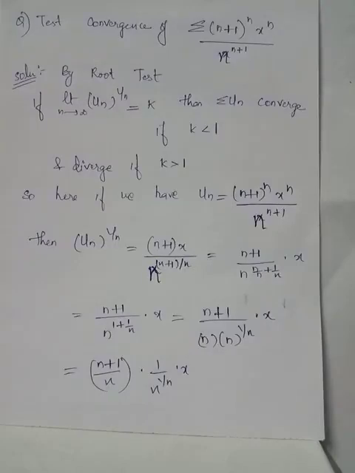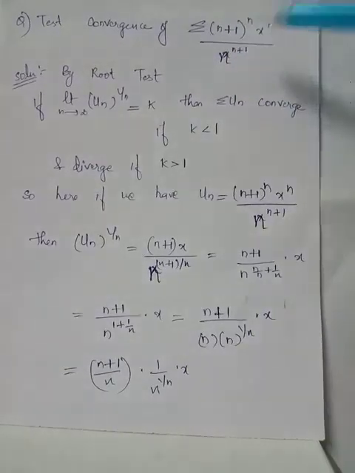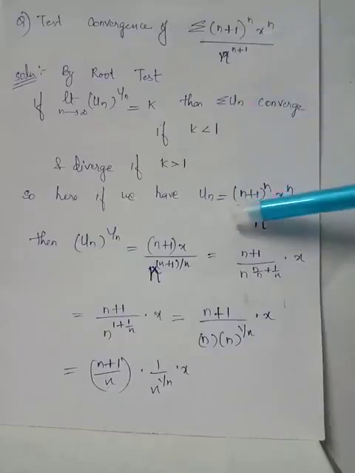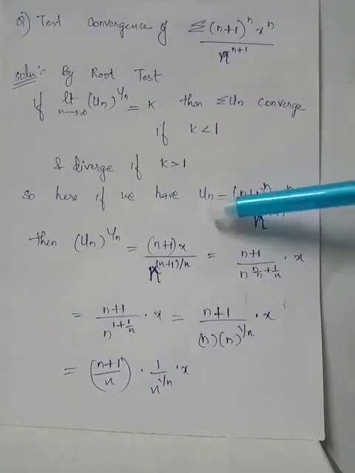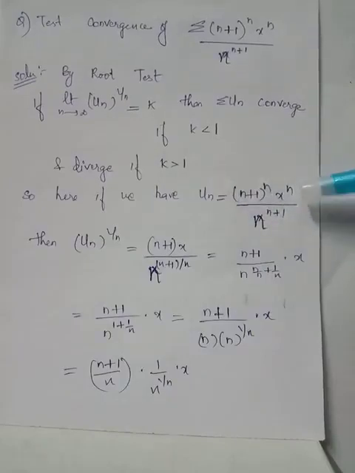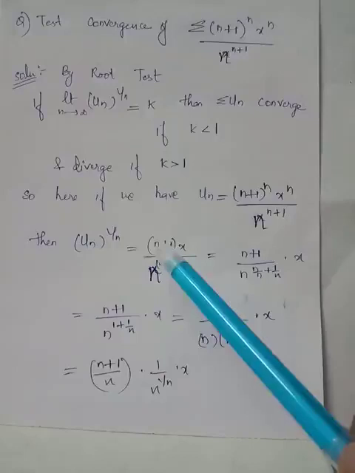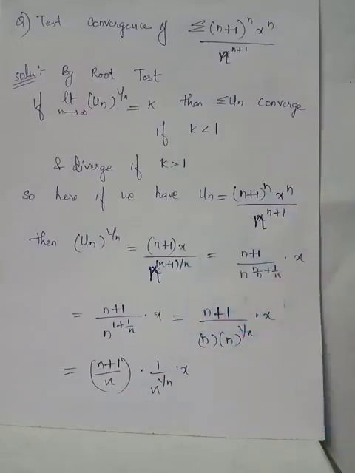In this question, we have been given the series in the format summation un. Therefore, this is the general nth term. You can directly write un looking at the question. Now we shall raise un to its 1 by nth power, because we identified that since its terms have nth power, the root test will be the best method to check whether the given series is convergent or not. We raise un to its 1 by nth power and notice that the terms n plus 1 and x are now free of power n.